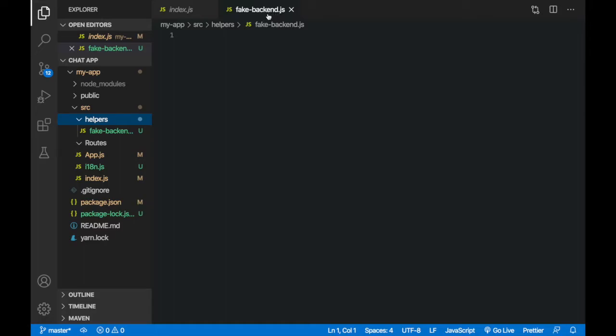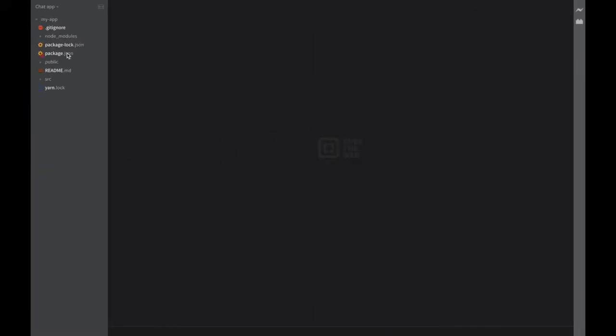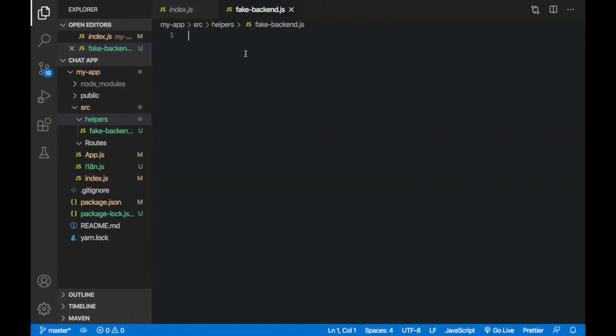After this I am going to write some code inside this. For that purpose, today I am going to use this new code editor, Brackets, because when I am writing code here, it's not clearly visible to you.